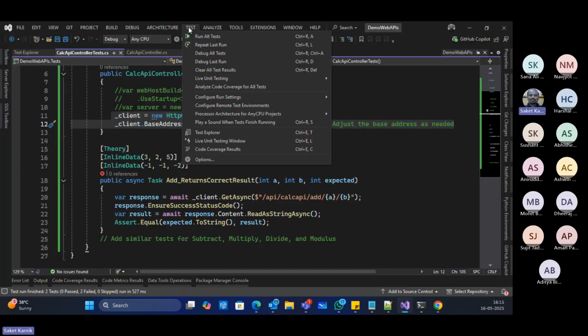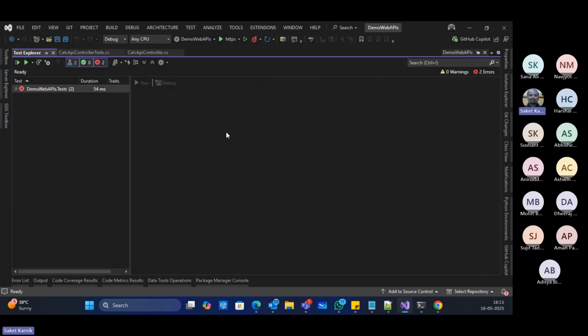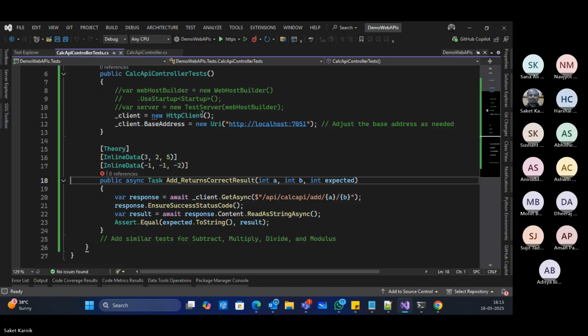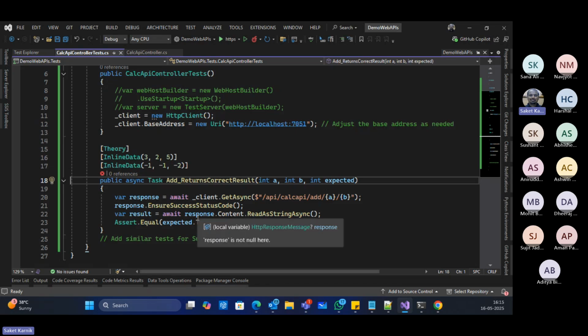I can go to test explorer. It says failed. Let's see the reason. It should not have failed. Line 18. What's wrong?